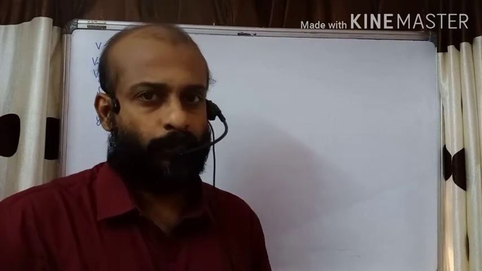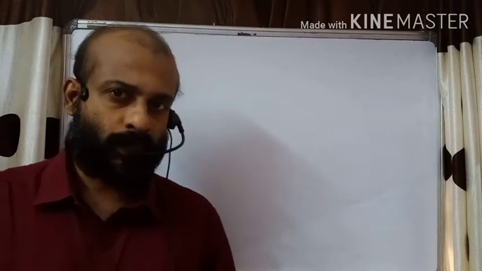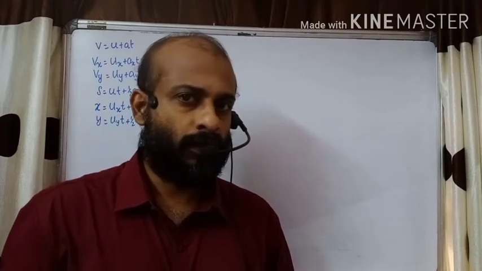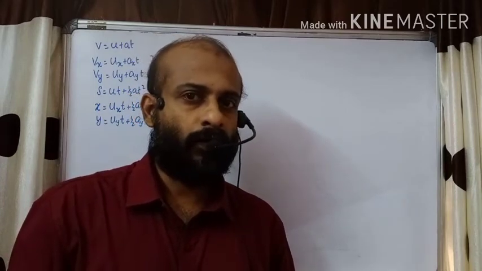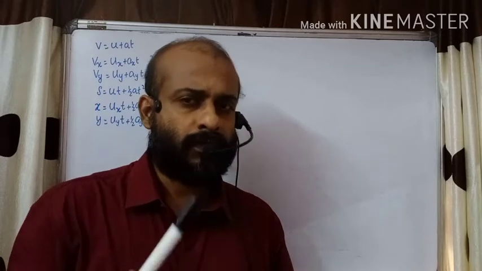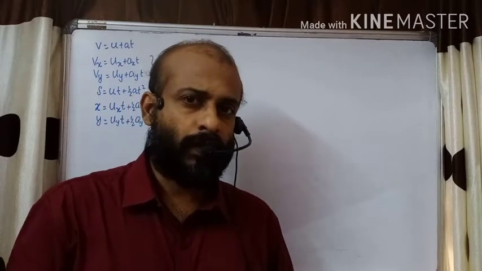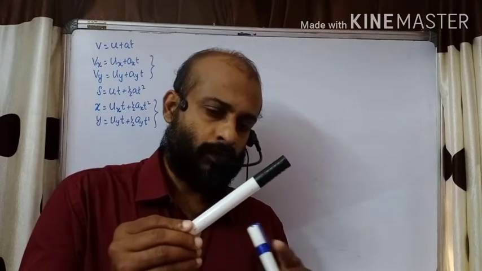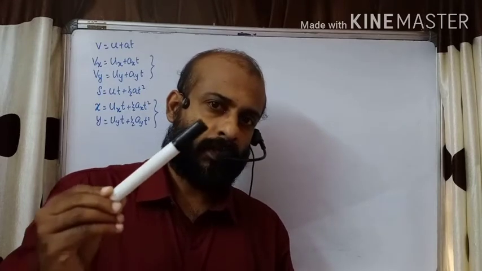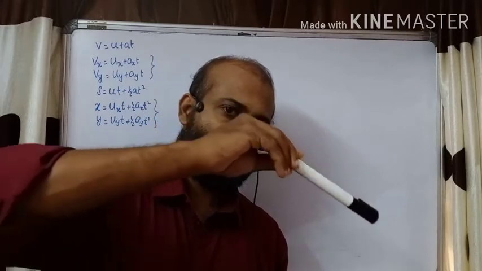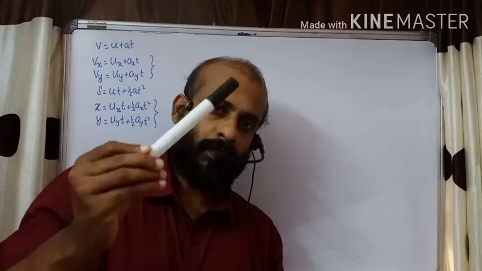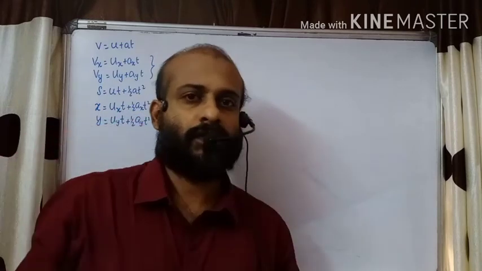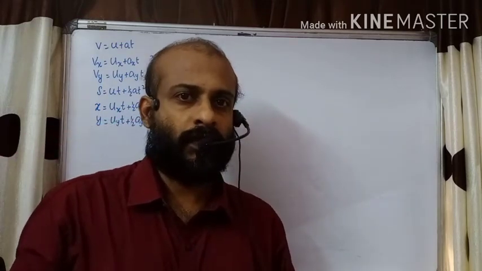Now what is a projectile? A projectile is an object which is launched in space at an angle to the horizontal. From the ground we throw an object at an angle, just like a javelin throw. When you throw a javelin, it is held like this, at an angle with respect to the horizontal. Then the projectile moves in this direction, goes to the highest point, turns downwards and reaches the ground surface. So we will see the projectile motion.